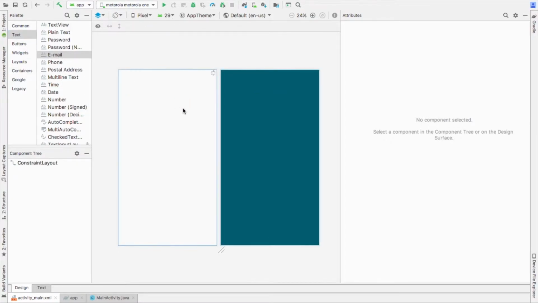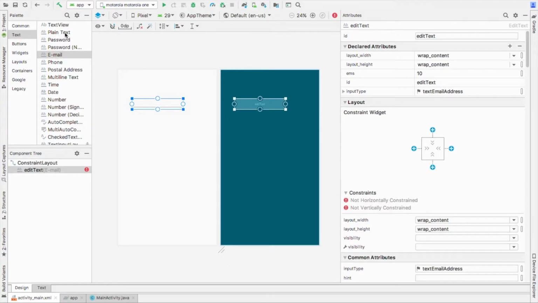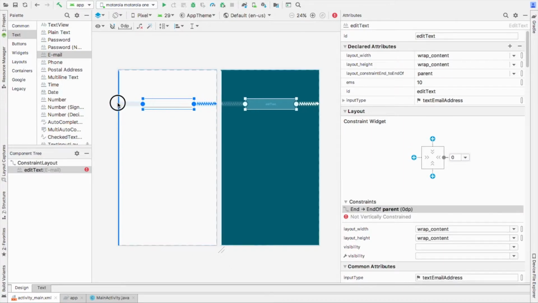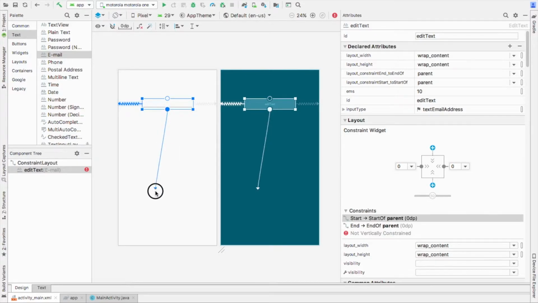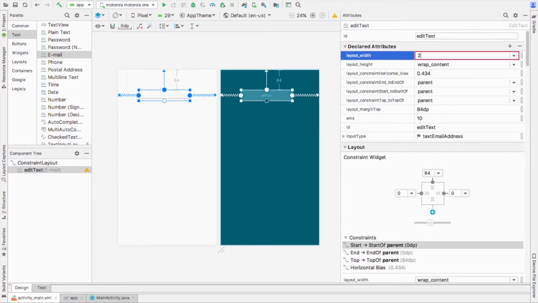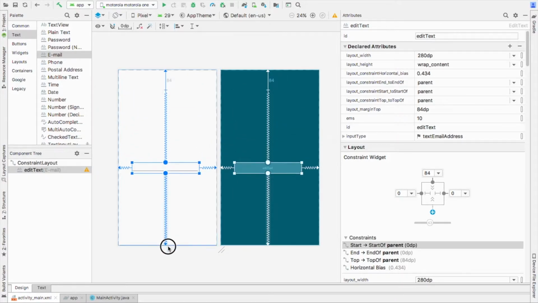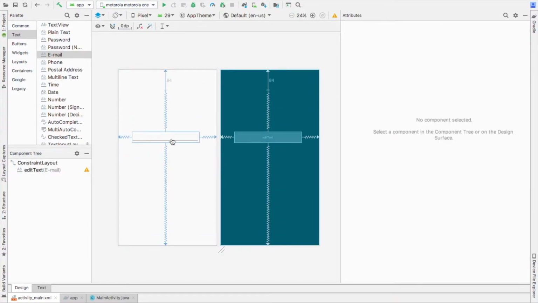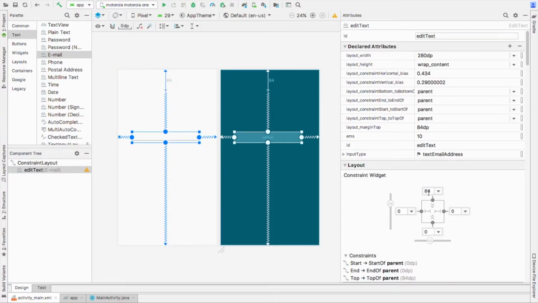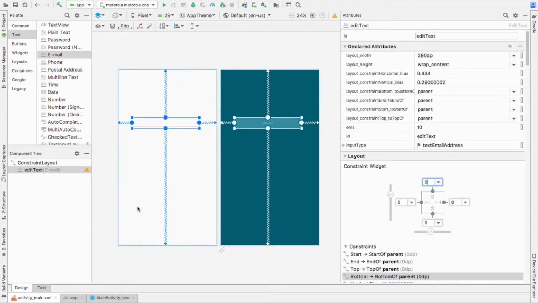Why are these text to yous different for each type of input? Because when you input it, you'll see that if the type of edit text is email, then the keyboard will give us the @ symbol to enter. The width should be 280dp. Yeah, so now it looks good. We'll give it a bottom constraint also. It's a constraint layout. We'll keep it in the center. Okay, so it's there. Okay, so this is email.